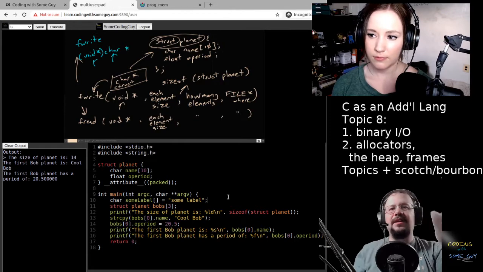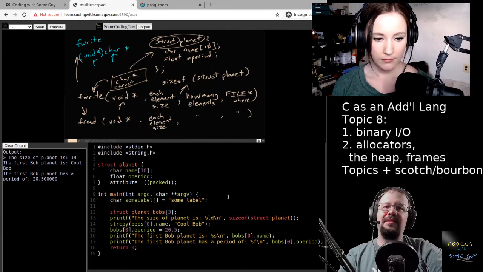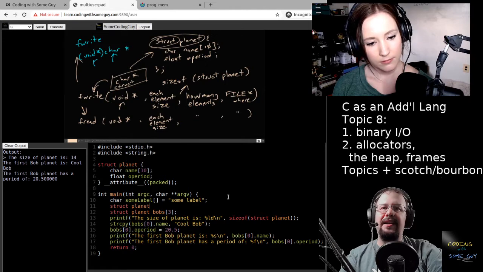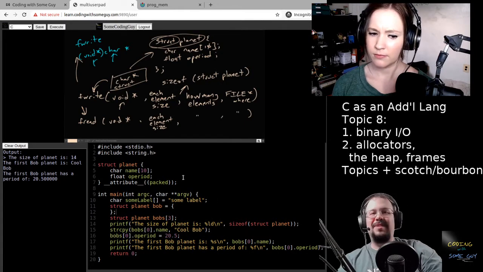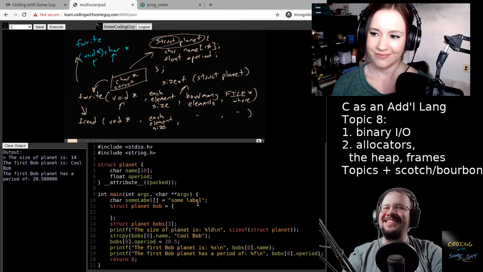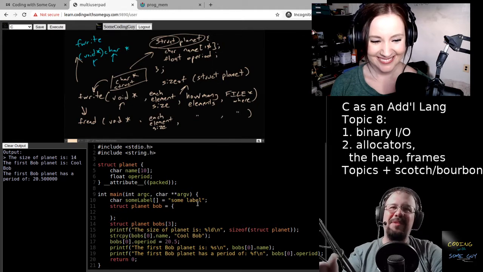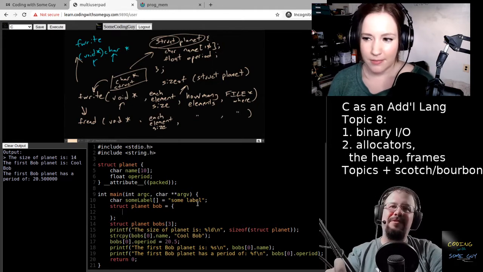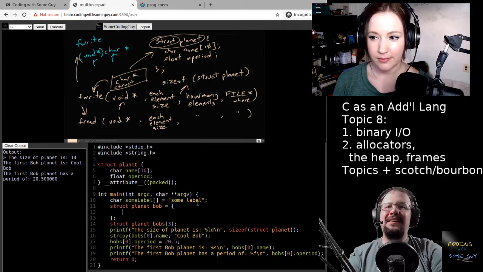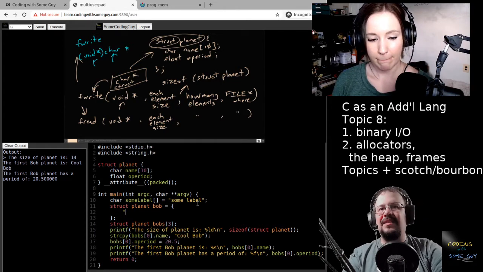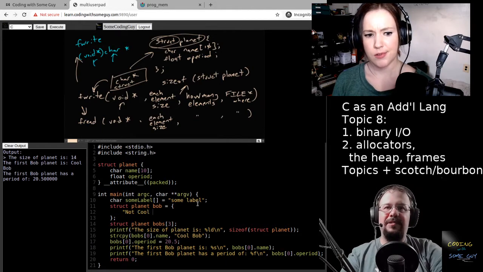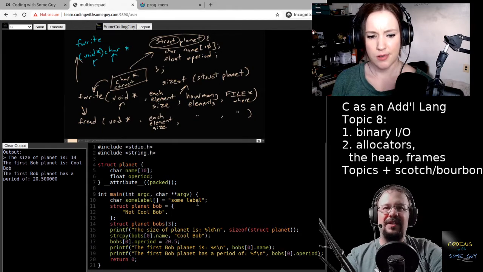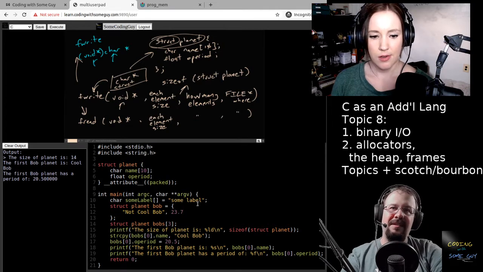So we can do kind of the same thing with a struct. I can do something like planet Bob, and I can use this notation, which you might notice from Python because they stole it. But it has a slightly different meaning in Python, but originally it kind of came from this. So I can use this brace, and I can sort of say something like, not cool, Bob. And I can also give it an orbital period that's a little bit longer.